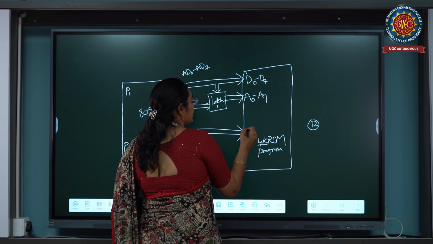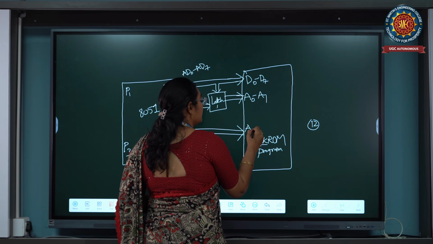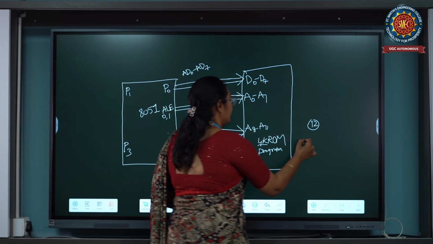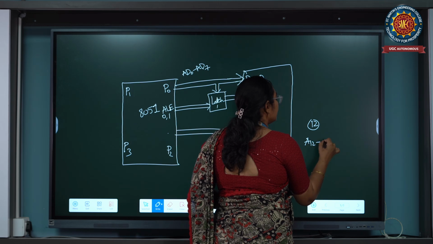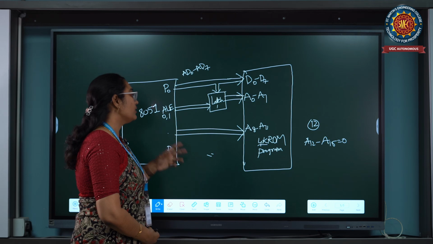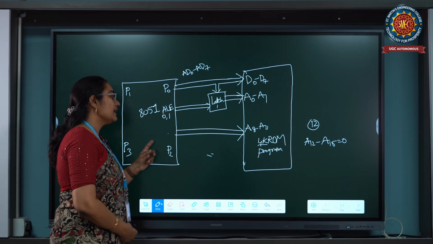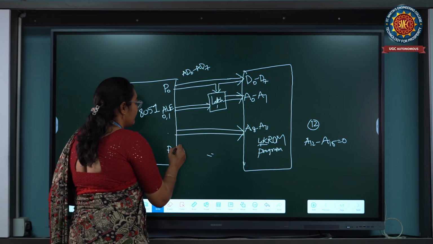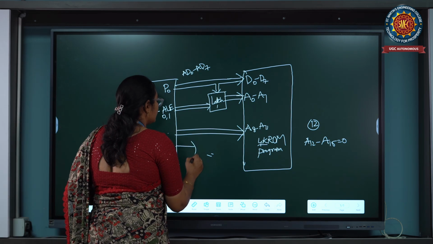Port 2 is connected with the higher order address lines from A8 to A11 only. The remaining A12 to A15 bits are 0. Okay, then only this port 2 is accessing the external ROM memory. Then here the remaining pins are connected with the